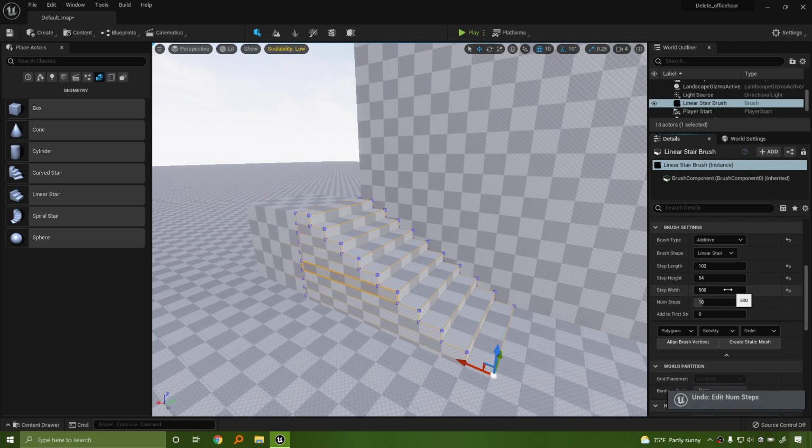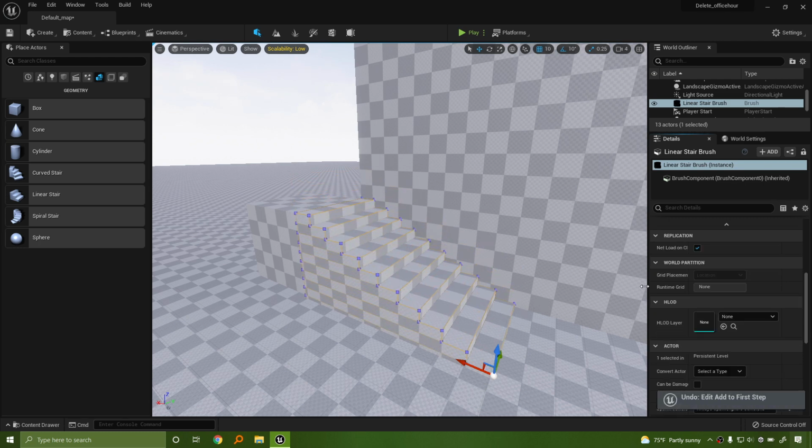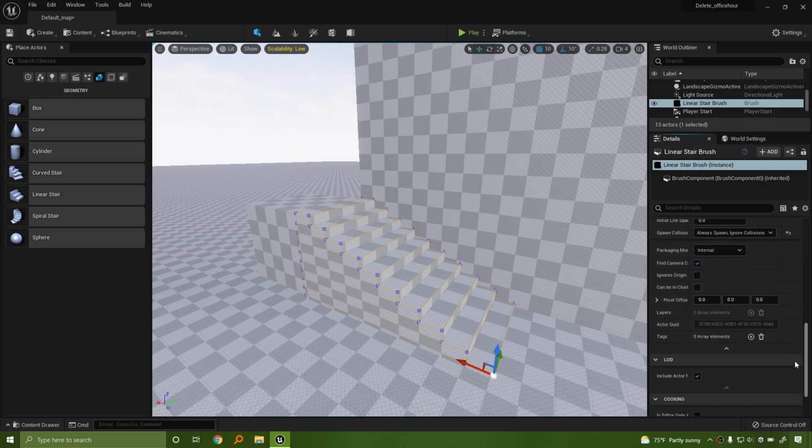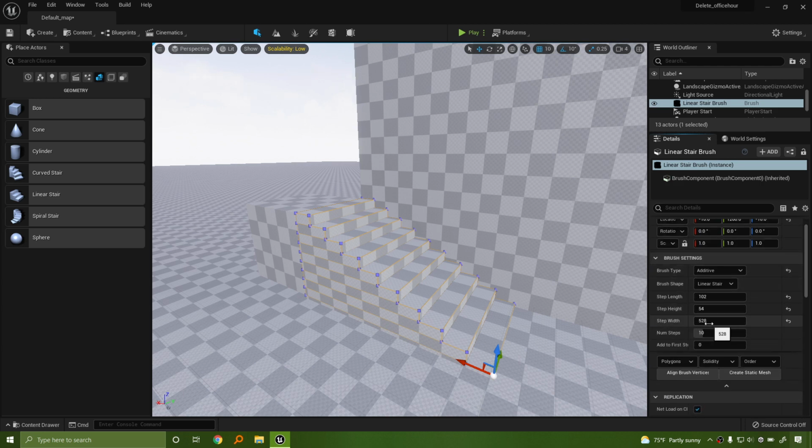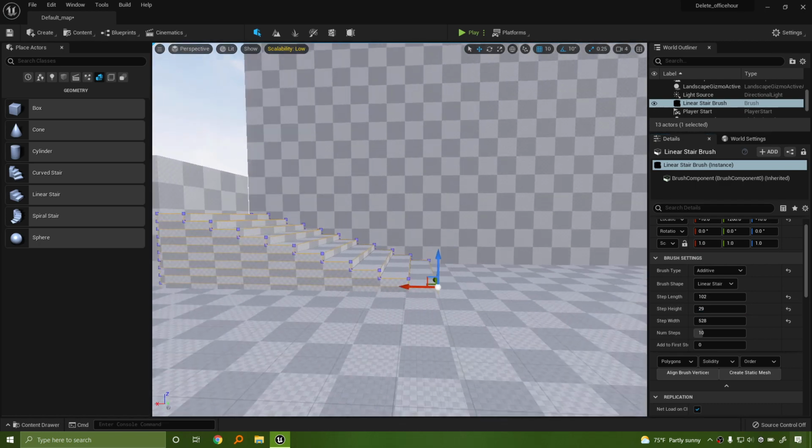Actually, let's not add more. We don't need more. Let's make sure that the step height is going to line up with the thing there. What I want to do here, adding more steps might be the right play. Let me just make sure this is actually modulated. Okay, that'll be fine. Because the steps are so big, we'll just add a bunch more steps. We'll reduce the step height so that our character has no problem going over.